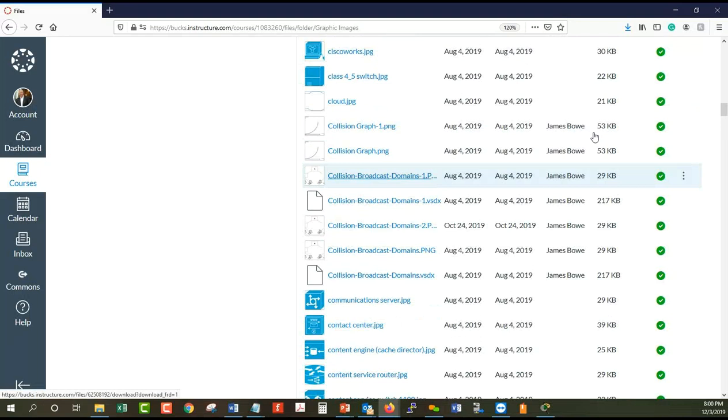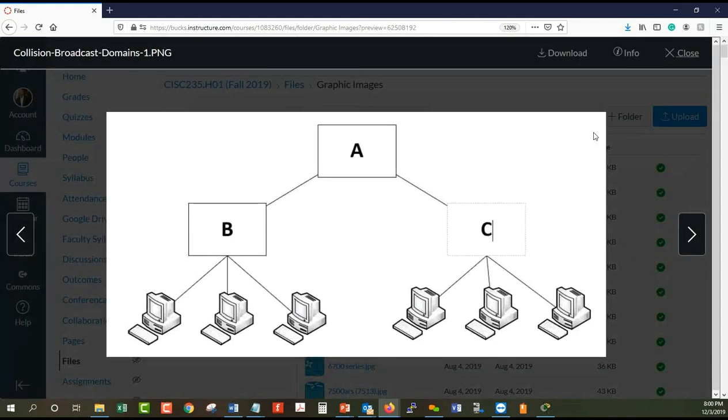And we'll use... I think they're all pretty much the same. Okay, so